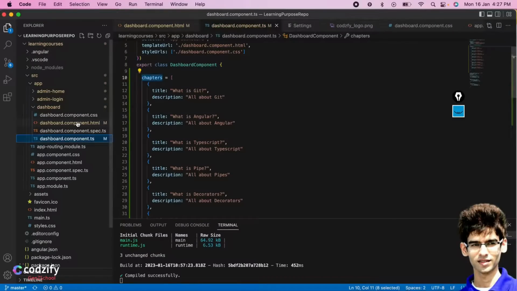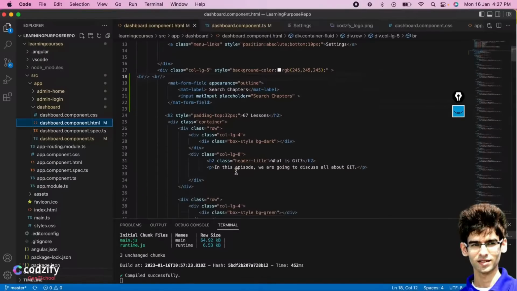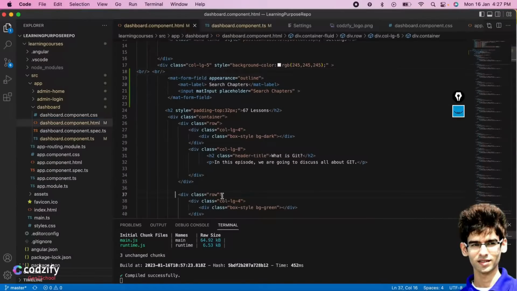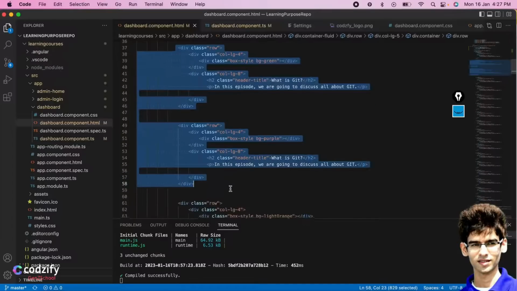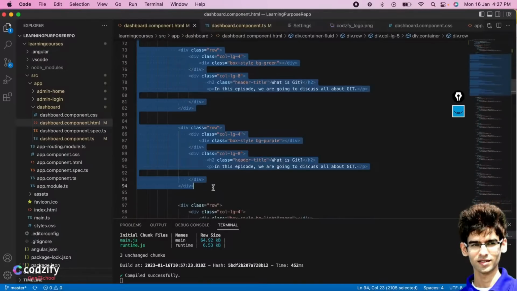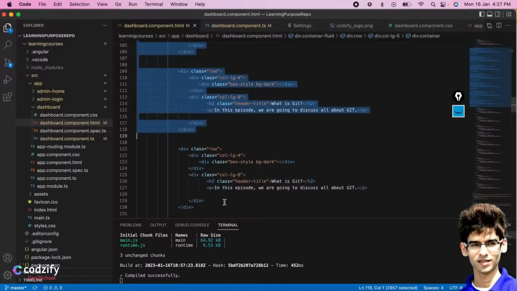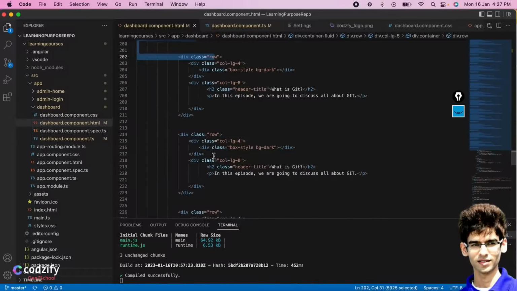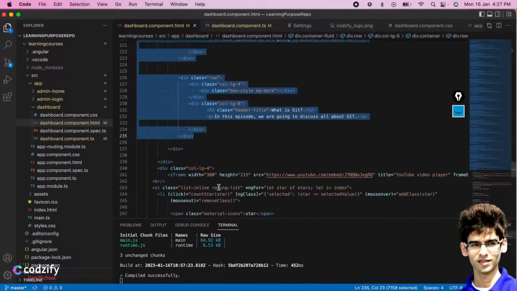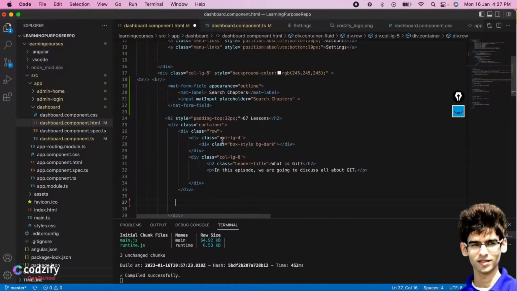Now inside our HTML file, first we have to remove all the extra information which is repeated again and again. We are going to use the ngFor loop. Using the array, we will display all these details. Let me remove this first. Now here we will write ngFor equals let chapterDetails of chapters, the name of our array, the chapters array.